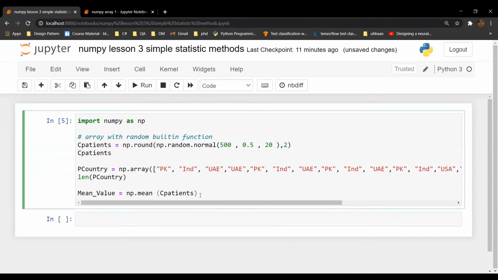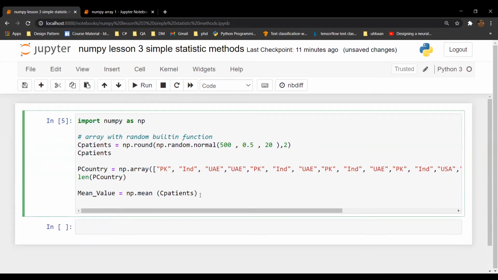And now I can print. I can write: average number of COVID patients are, and then I put the plus sign.